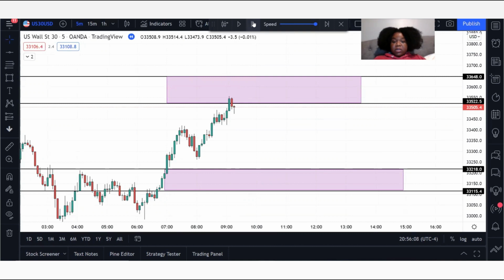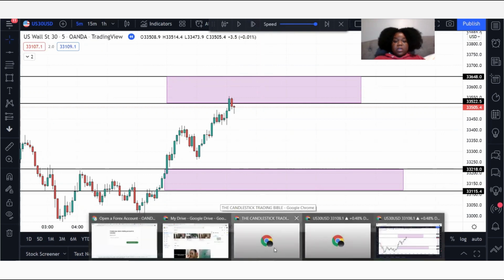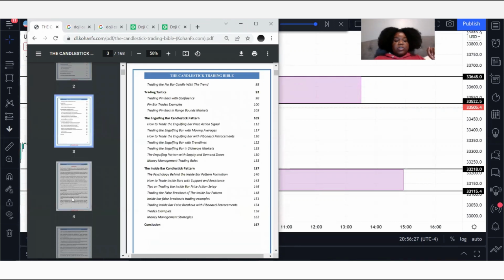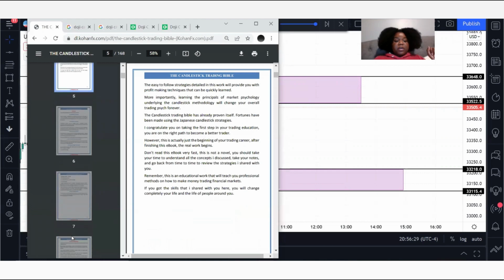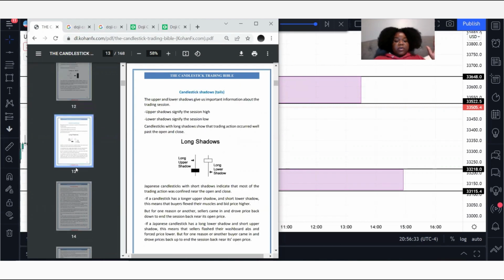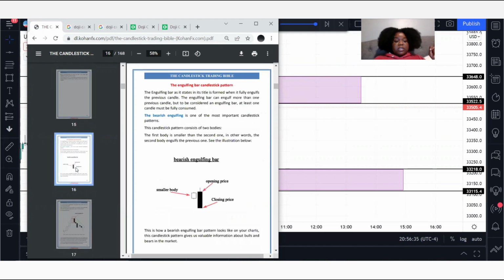Okay, interesting though. The candle in my previous video too, I was telling you guys you gotta know your candles. Let me see. Okay, the trading Bible. Yeah, I gotta go through this. Just look it up, it's literally a free PDF. Get with your candles. So the candle that I just saw is, honestly, I think it's a doji